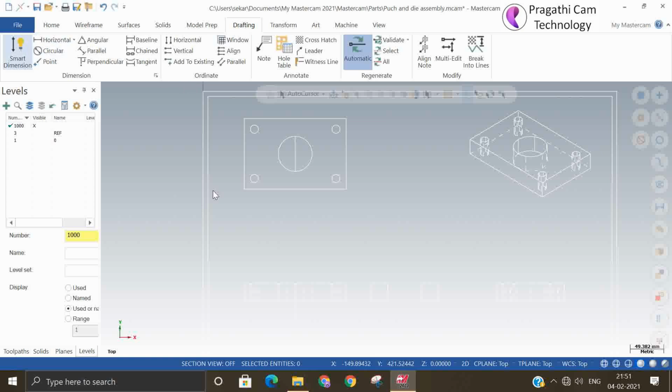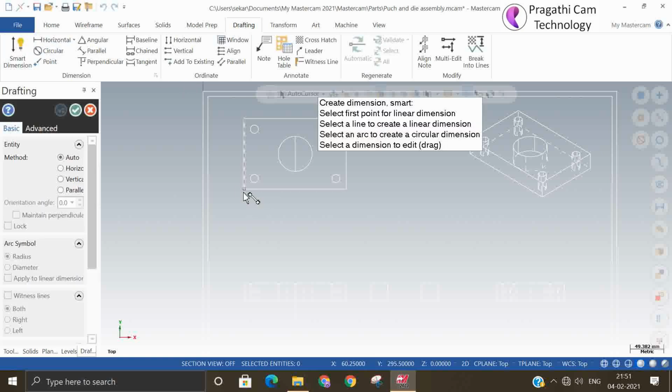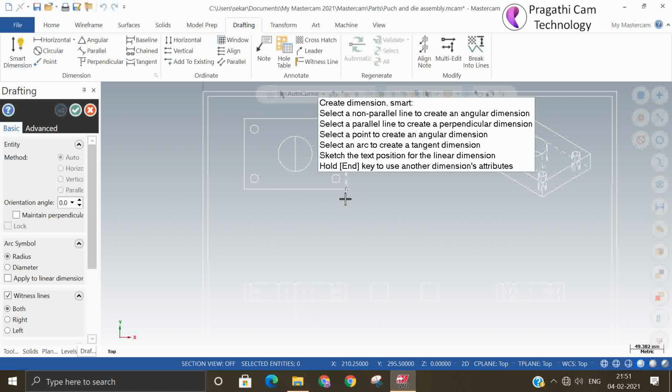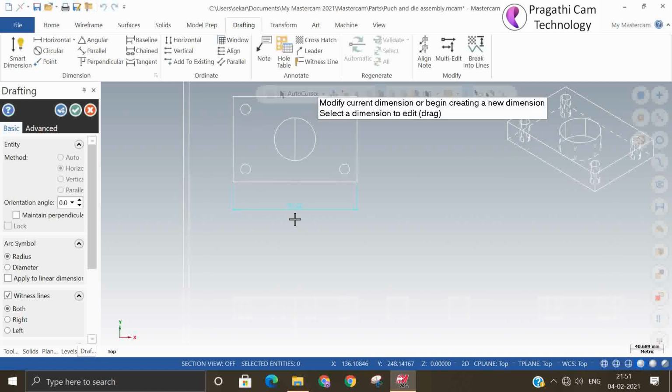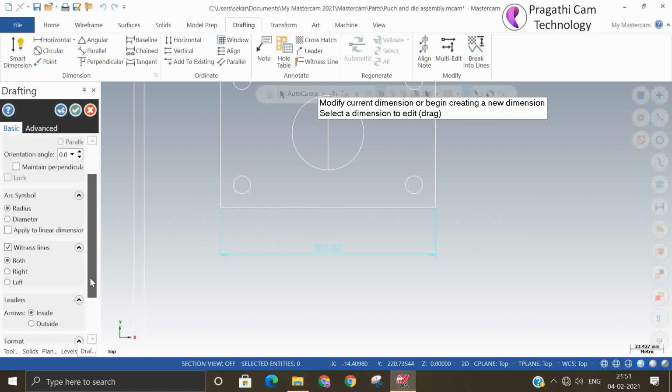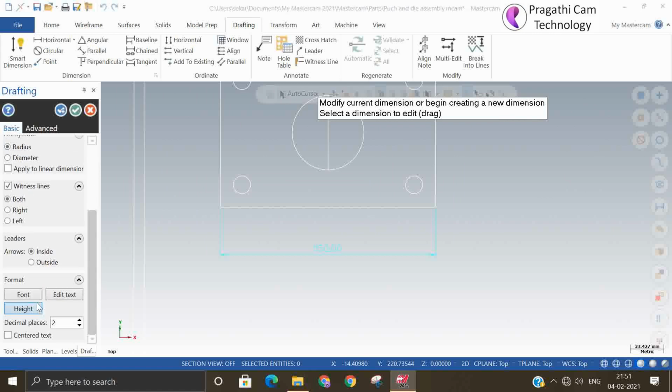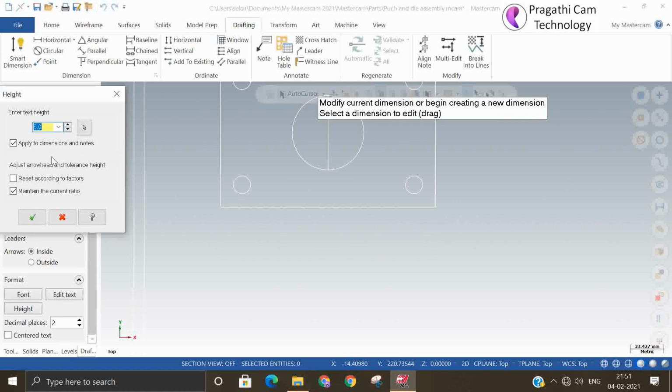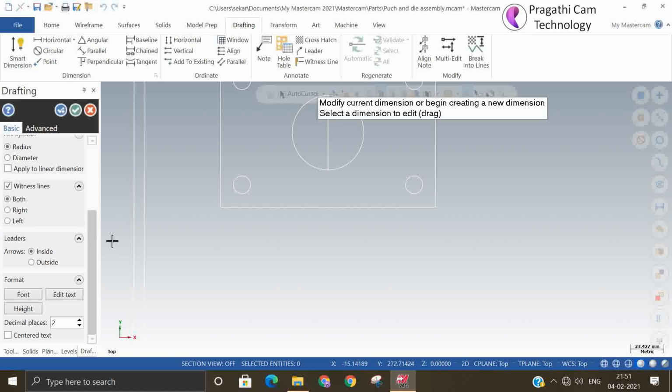Go to drafting. You select OK. Even size and other things you can hide. All the things you can modify. Okay, 5 mm is okay.